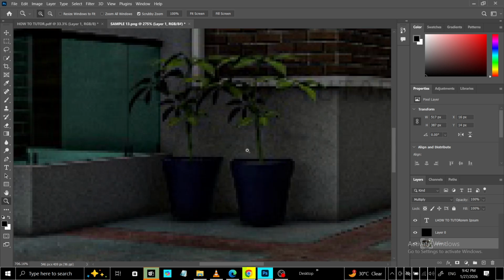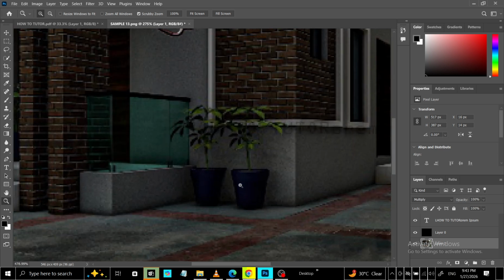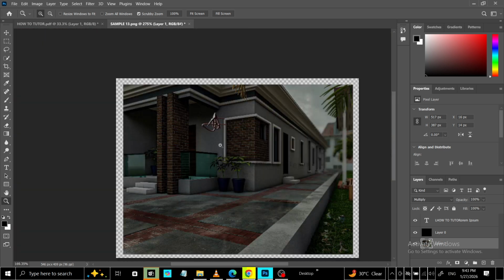Select your layer, open Free Transform, resize with the handles, use Shift for proportional scaling, Alt or Option to scale from the center, rotate